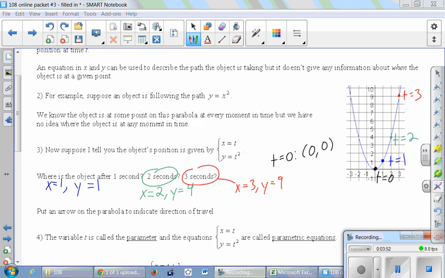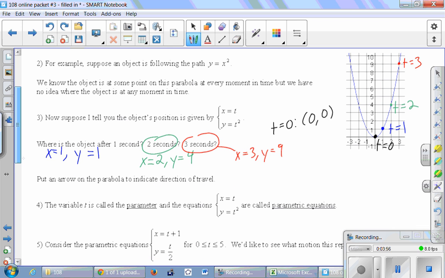You can think about velocity. You can think about acceleration. Put an arrow on the parabola to indicate direction of travel. Well, apparently this thing is traveling this way. Put a few arrows. We didn't do any negative values of time, but we would have ended up seeing that the direction of travel was consistent, left to right. 4, the variable t is called the parameter, and the equations x equals t, y equals t squared are called